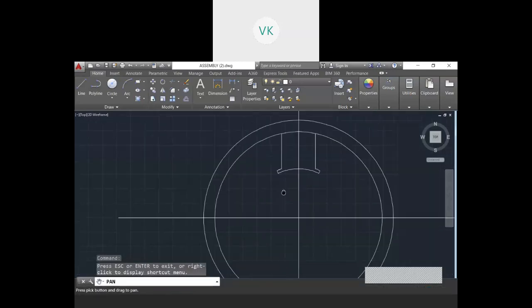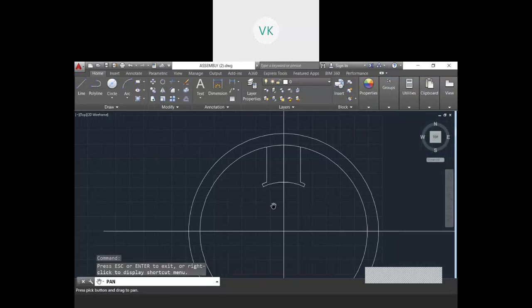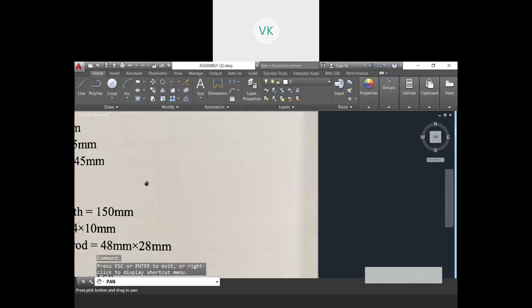So this forms my one pole. So now the first thing is done. So next we'll see what other things are given here.